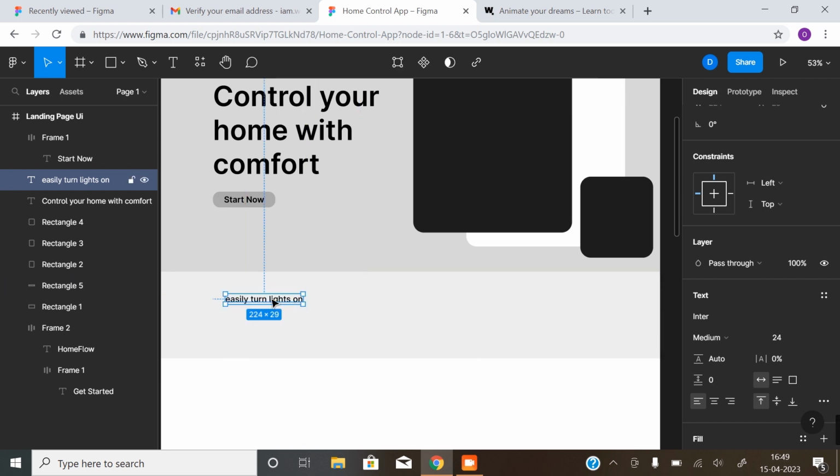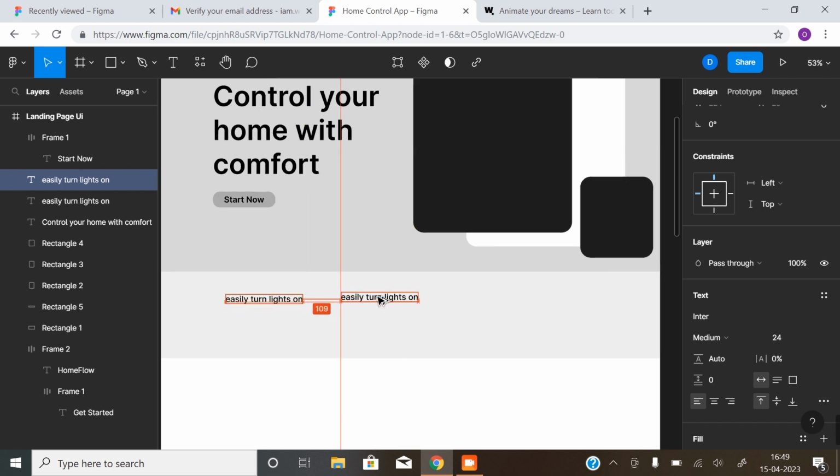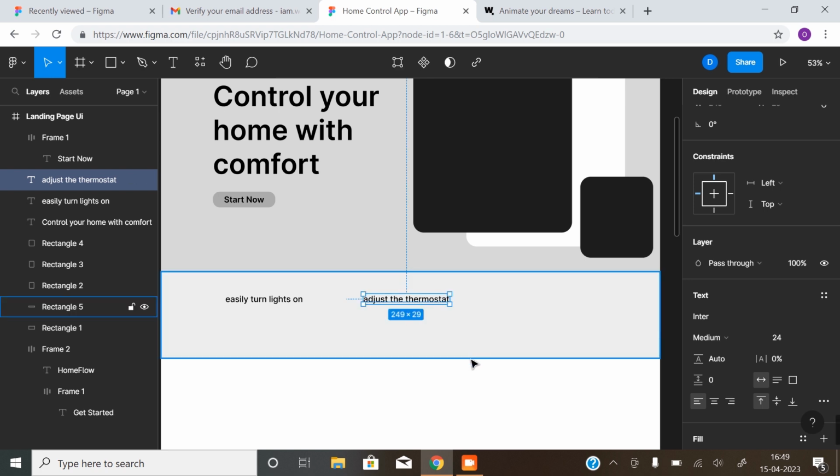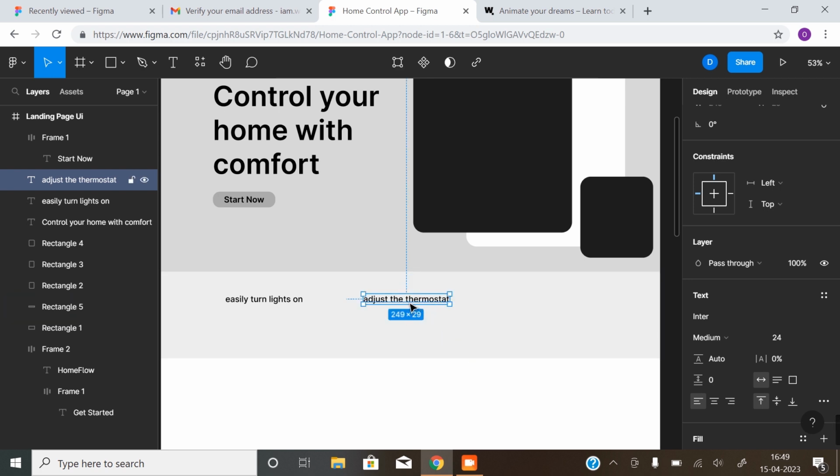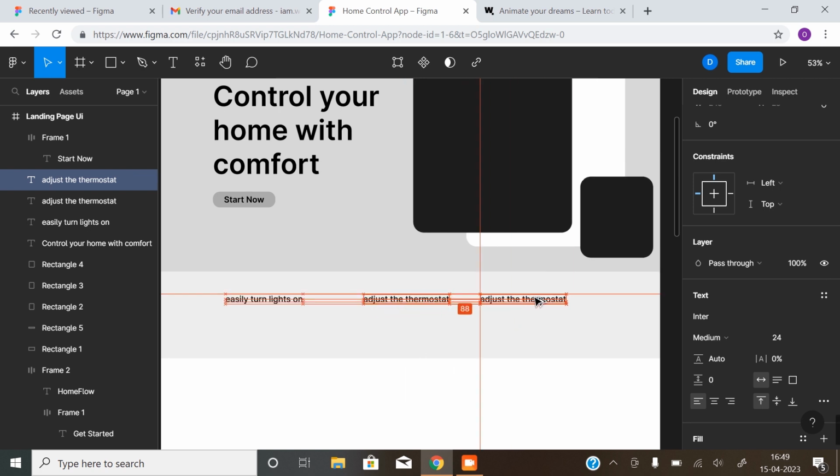I'm just going to bring this here and duplicate this again, and change the text by double clicking to "Adjust the thermostat". Then you are going to click out of that text, and let's duplicate this again using Alt and drag. Just bring it here, and then double clicking again, let's change this to